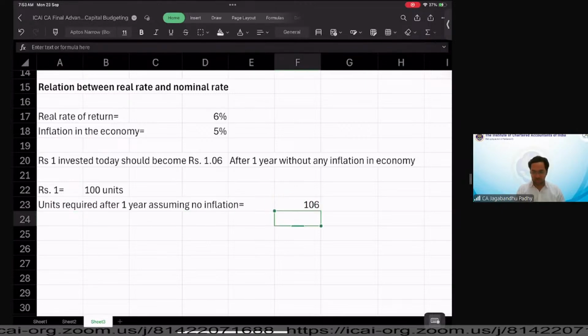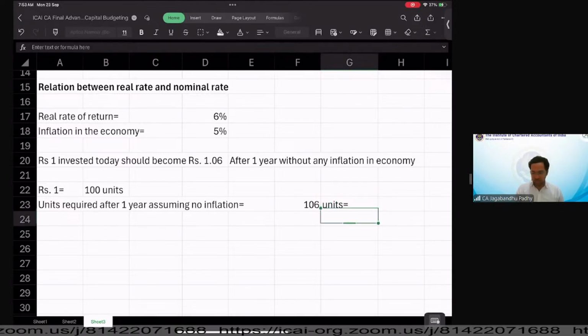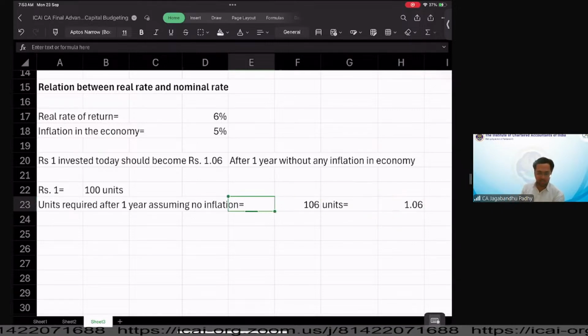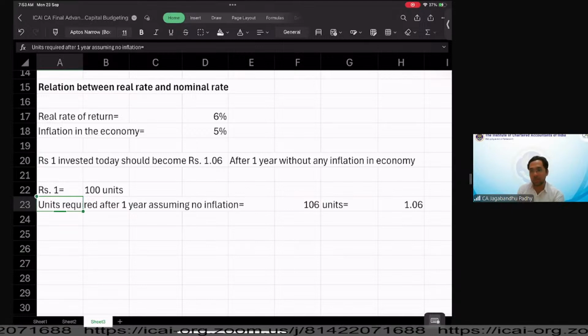Of course, we need 106 units, right? So now this 106 units is essentially equal to, can I say 1.06? Assuming that there is no inflation. If I say that there is no inflation, if you want 106 units after 1 year, you should be getting 1.06. Now, since there is an inflation in the market by 5%,